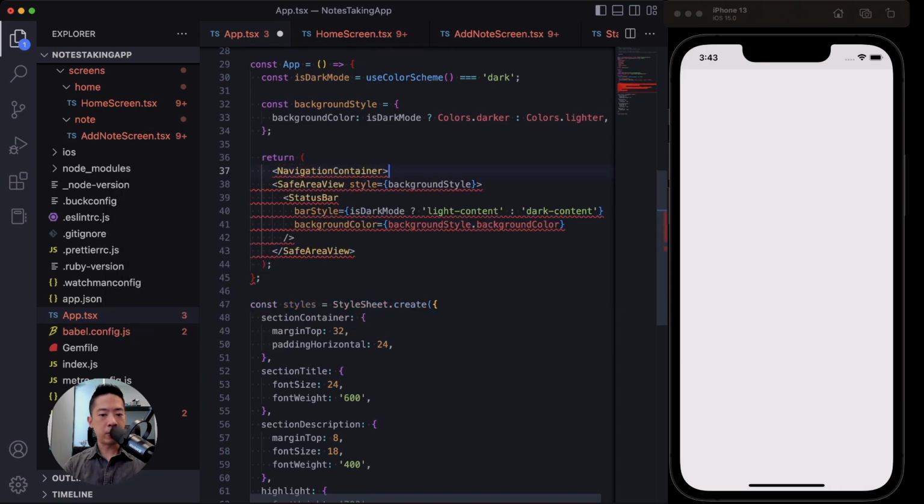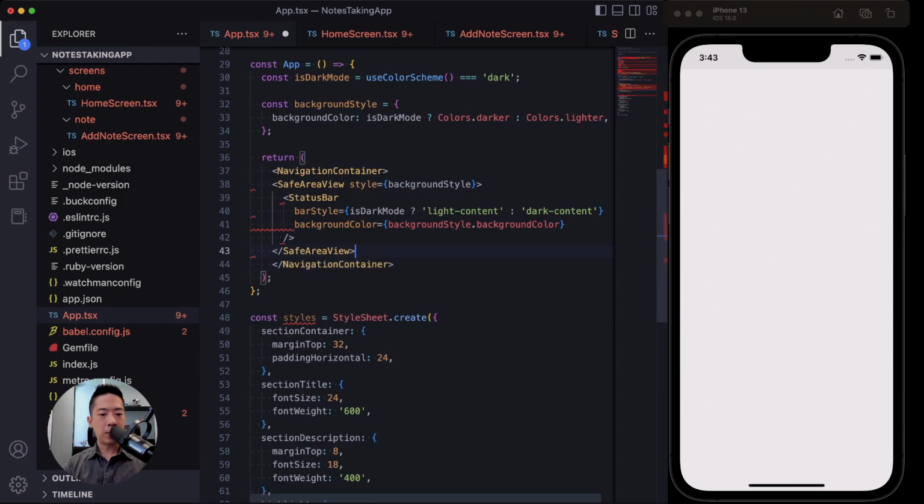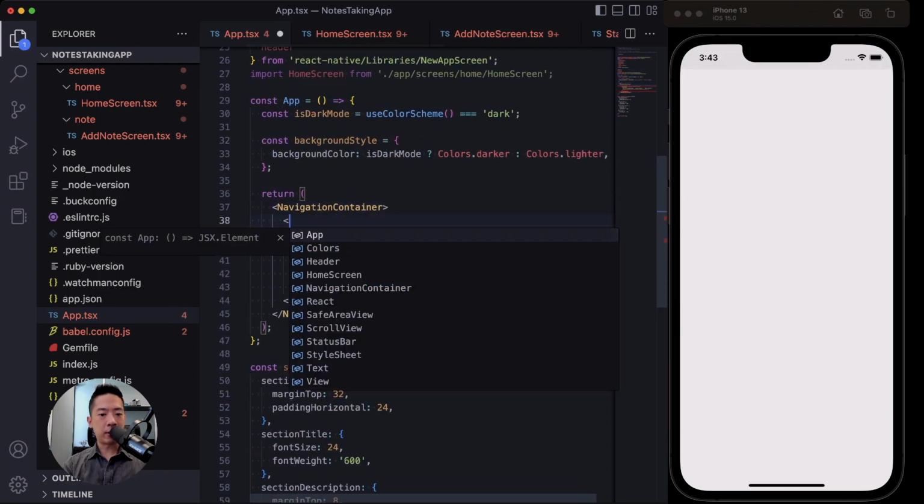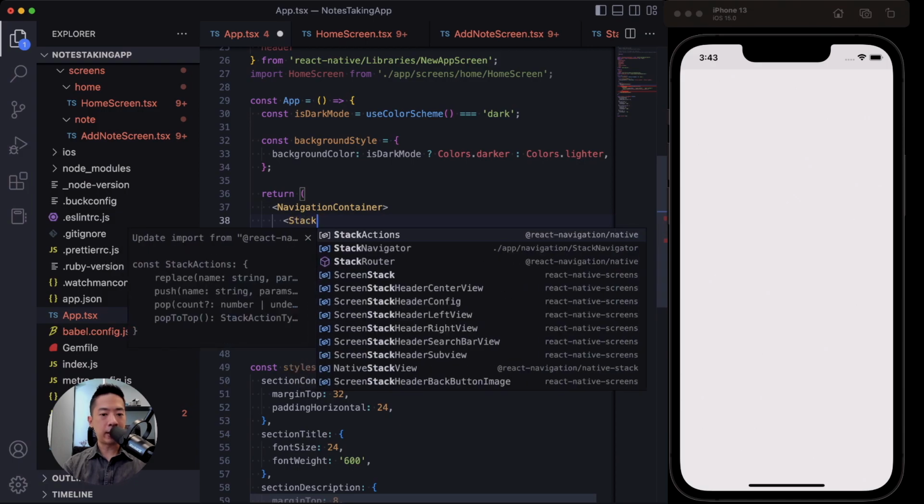And of course we need to wrap it around what we have over here. Save that, and now we can import our newly created stack navigator here